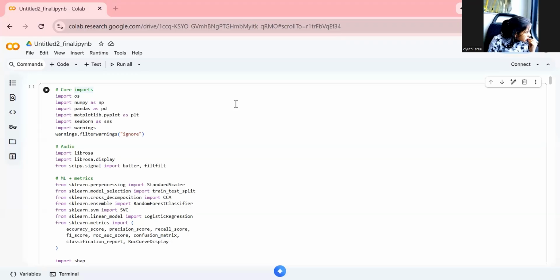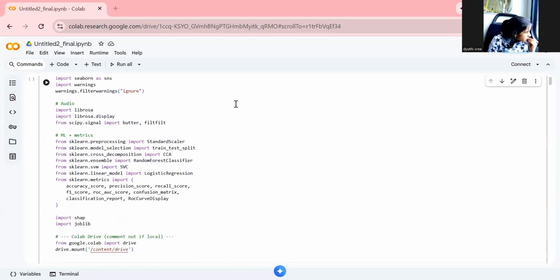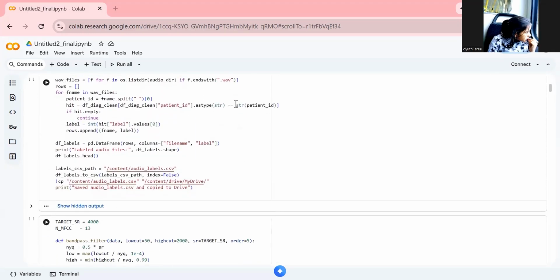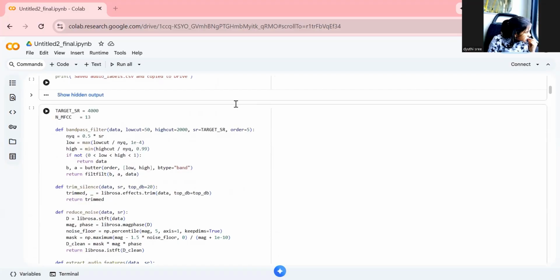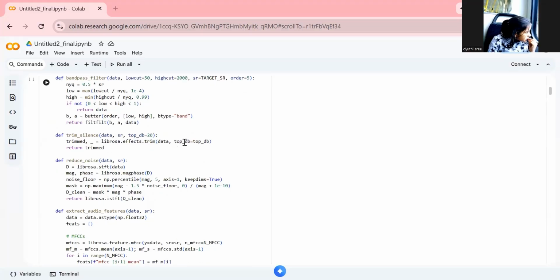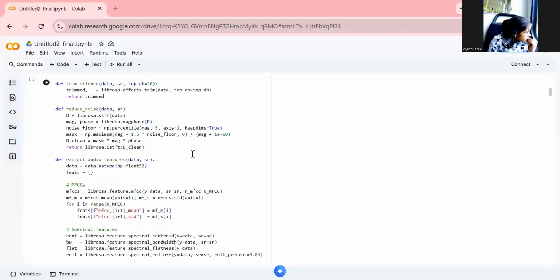Hello, this is Dyuti Shri, and I'll be walking you through the audio part of our project and how we connected it with the X-ray data using canonical correlation analysis. We started with the raw lung sound recordings, which were often noisy and inconsistent. To make them usable, we cleaned the signals by applying a bandpass filter that keeps only the medically relevant frequencies, removing the silence in the audio, and reducing the background noise. This gave us clear audio that focused on actual breathing patterns like crackles and wheezes, which are key